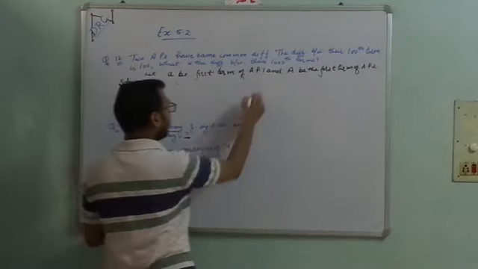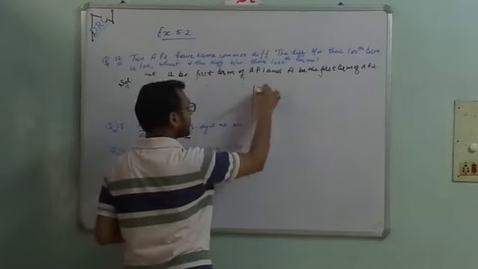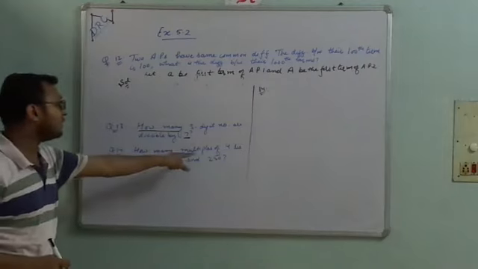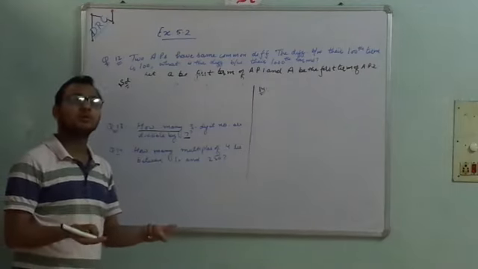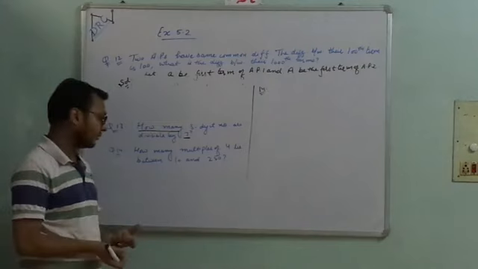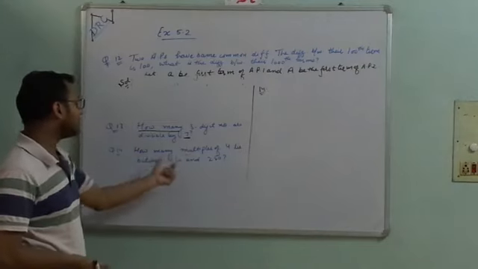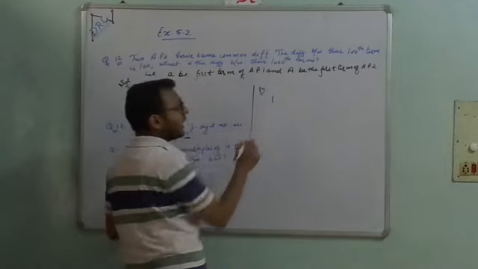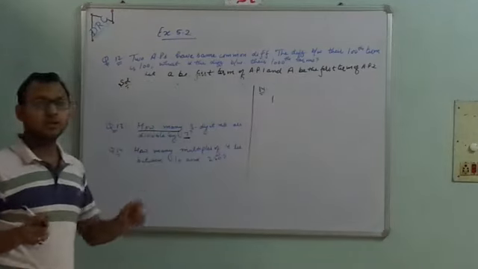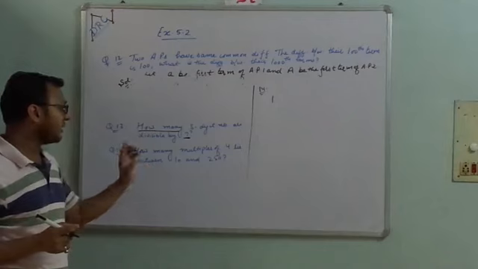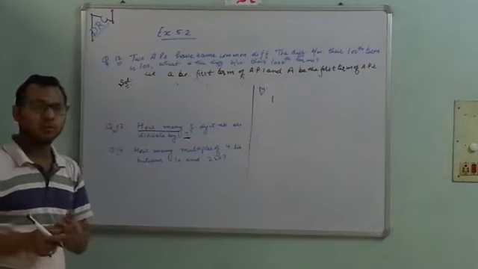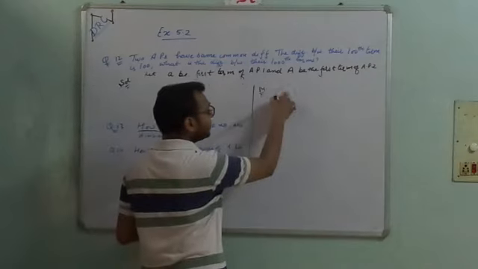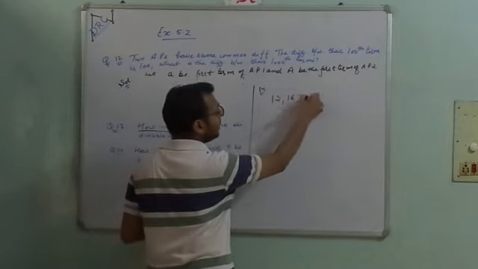Now question number 14 according to our exercise. How many multiples? Multiples also means the same thing, the number of terms you have to find. Okay, how many multiples of 4 lie between 10 and 250? So firstly, between 10 and 250, check is 10 divisible by 4? No, 10 is not divisible by 4. 11, no. 12, yes, 12 is divisible by 4. Now add 4, 16, and so on.